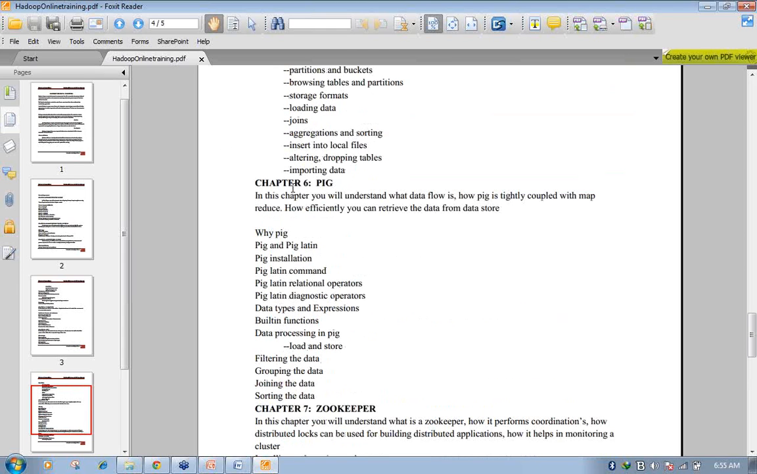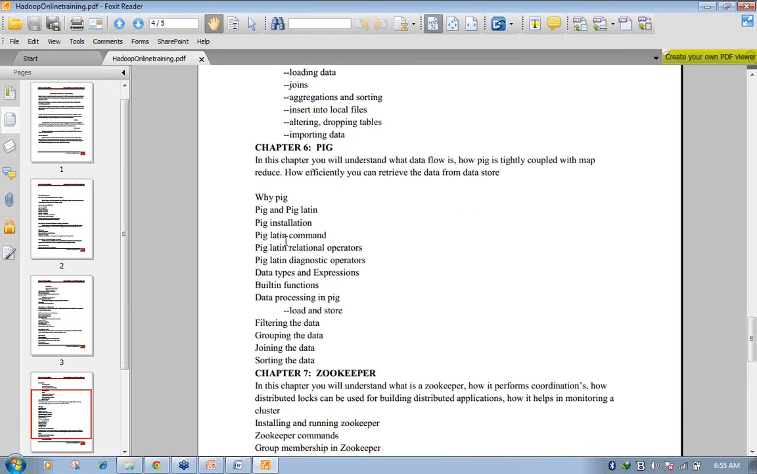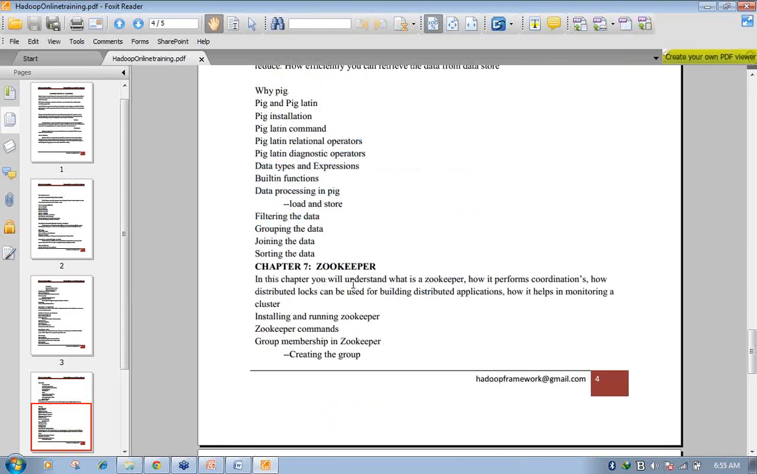Okay, so Pig is a programming. Hive and Pig are the programming. Hive is like SQL-like programming. Pig is like script language-like programming. It's a script-based programming. So that's Pig in chapter 6, and in chapter 7 I'll discuss what is ZooKeeper,